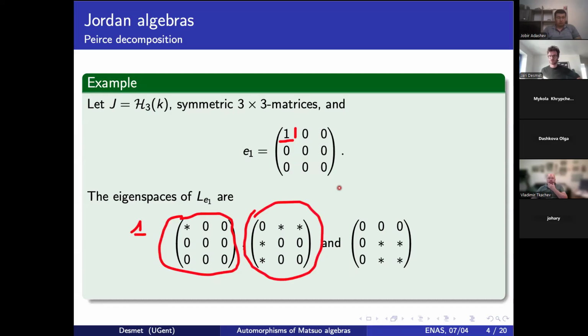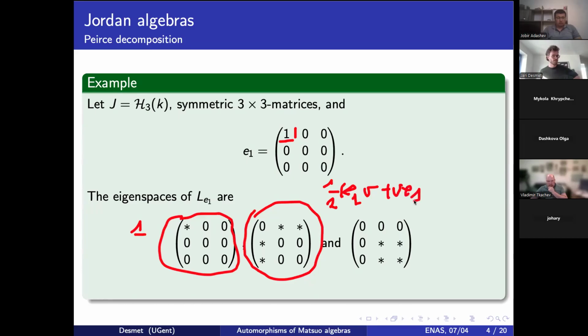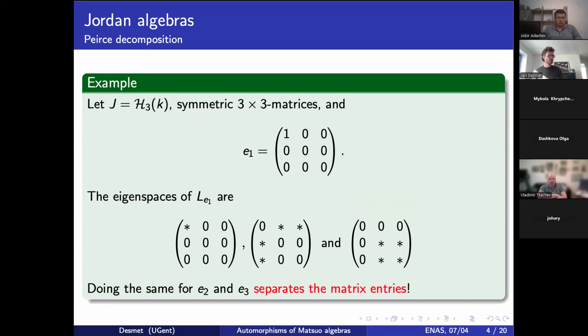Why is that? Essentially, if I take A times B plus B times A, then only one of the two will be non-zero. So if I take 1/2 of E1 times V plus V times E1, then either this is 0 or that is 0, and that's why you get a 1/2 appearing there. And then here, because they don't share a column or a row, these entries will also always be in the 0 eigenspace of this idempotent. That is something you can easily see. So that tells you that at least the eigenvalues are correct. But then if you do the same for E2 and E3,